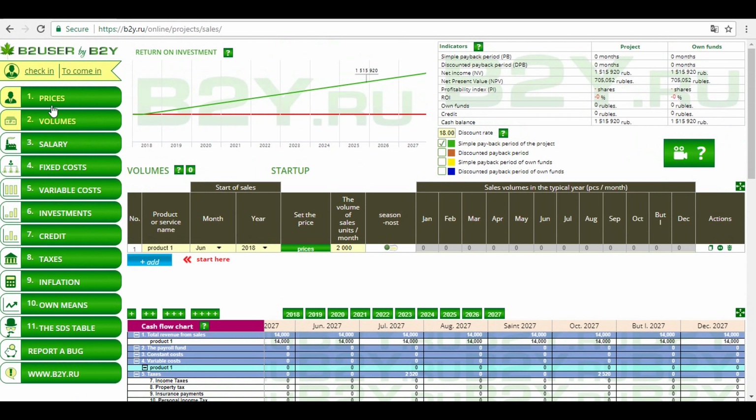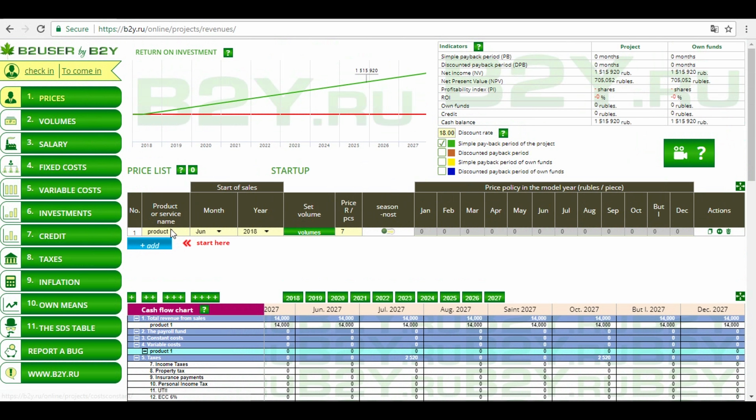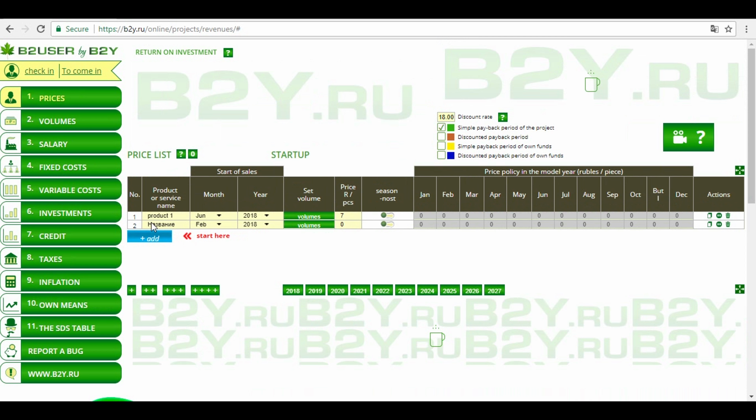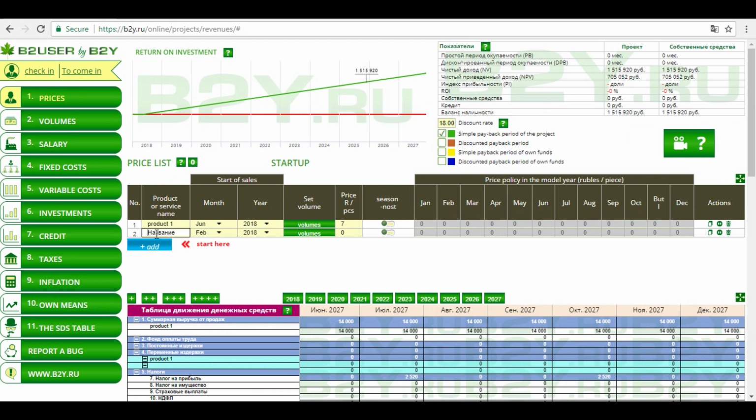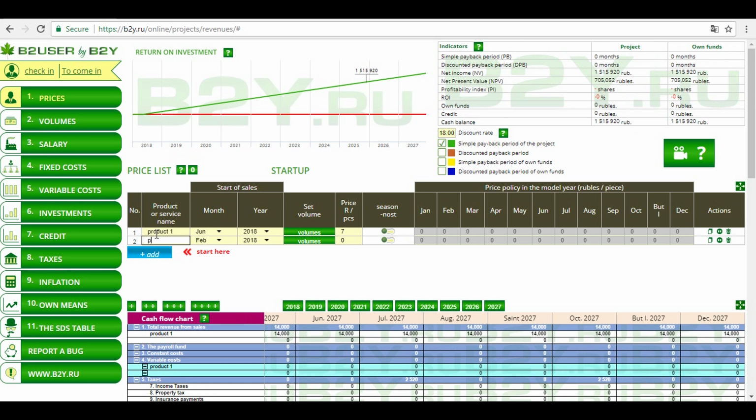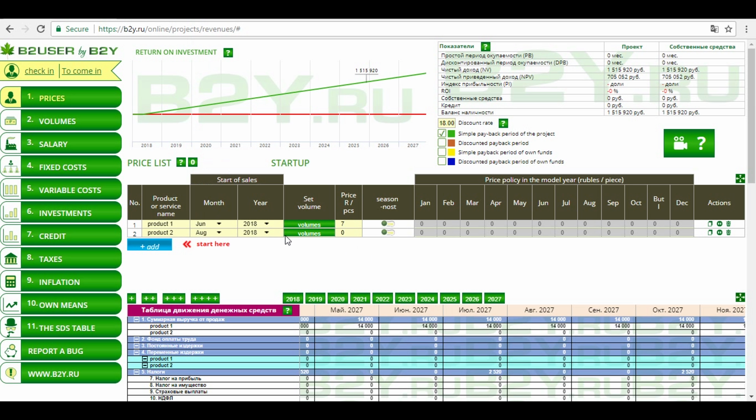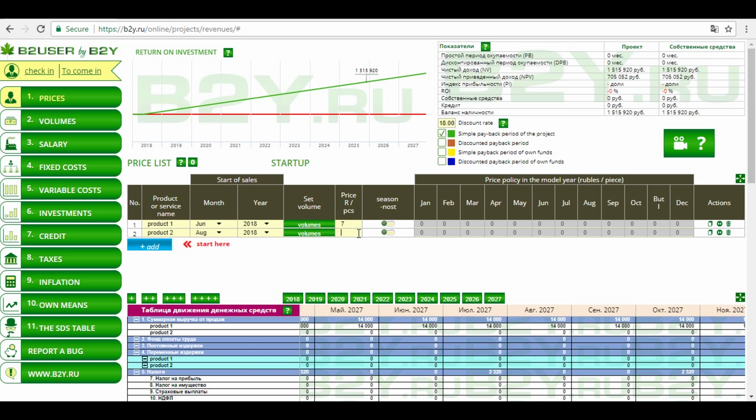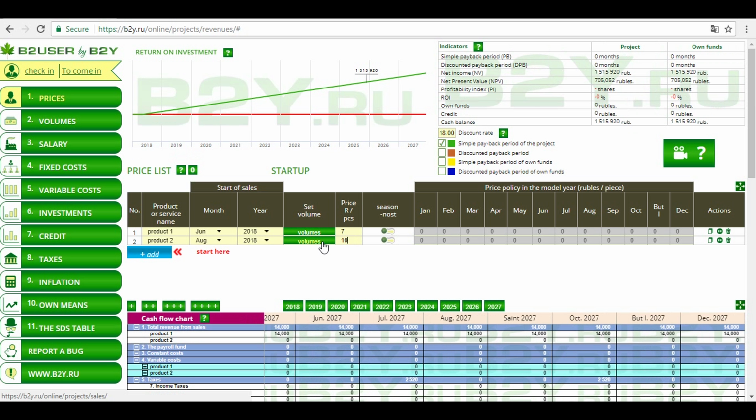Then, for example, if we want to add another product, we can type product 2 or any other name. For example, it will start in August 2018. For example, it will cost $10 per unit. Then we go to volumes,